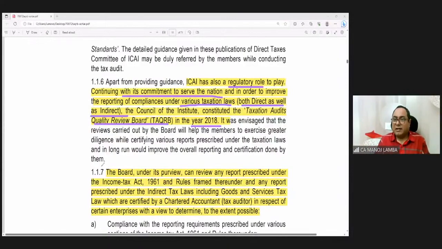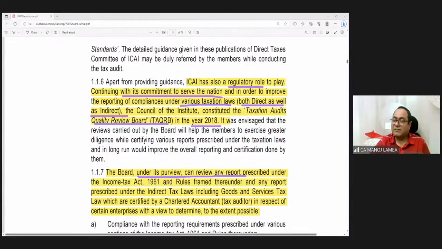For that purpose, the institute has to take such initiatives on a day-on-day basis, particularly in this tax audit session, where we can educate the members on what kind of improvement is required in their tax audit reports, where we are lacking in the compliances of reporting. So for that, this Taxation Audit Quality Review Board will be there. What is the board doing? The board under its purview can review any report,